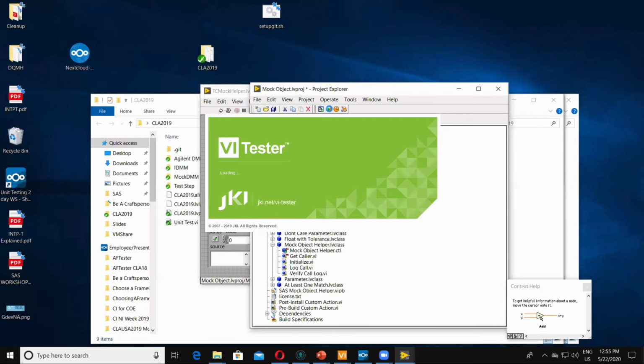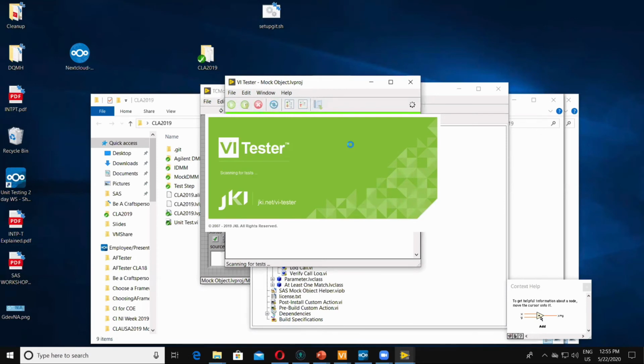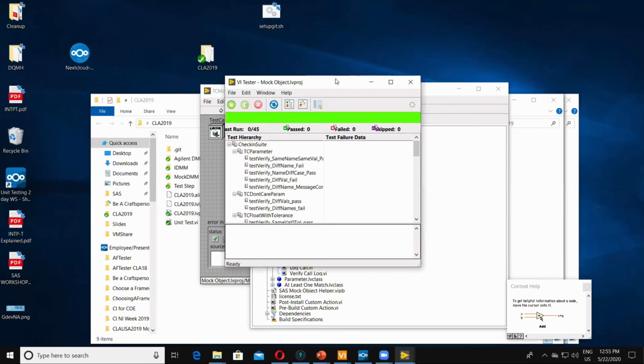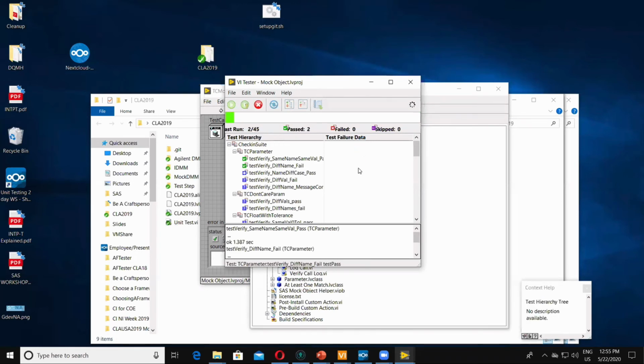Now, none of these are actually using mock objects themselves, but you would get a similar report. And what would come out in the text box here, I'll show you that where it says test failure data. If the test failed, then whatever comes out of the message would show up there. So it would tell you, hey, I expected this call and I didn't get it.